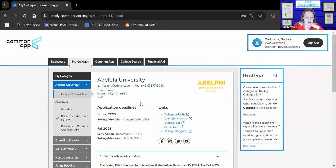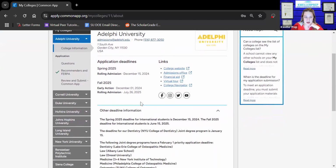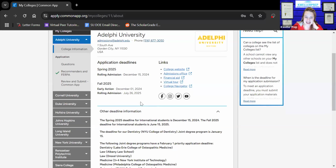So Adelphi University, and then I just want to go through everything so that you see what these types of questions are. So the spring deadline, Adelphi has a joint degree program. So if you apply for the joint degree program, they have a February 1 application deadline. So everyone, what's the magic word in deadline? What's the prefix? Dead. So you don't want to wait until these deadlines. Assuming you want to go to Adelphi, which is connected to New York University, you can go from there through